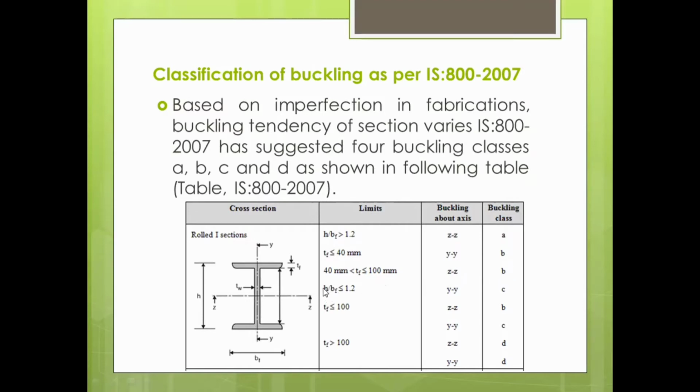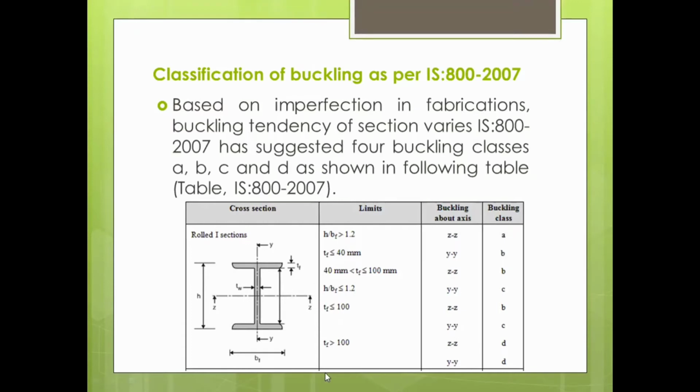H by BF, that is overall depth of the section divided by width of flange, if this is less than or equal to 1.2, class C. Thickness of flange less than or equal to 100, class B. So you need not remember everything. All these things have already been given in IS 800-2007. If thickness of flange is less than or equal to 100, class B section will be considered if it is along ZZ. If along YY, this is the value, then that particular section will be considered as buckling